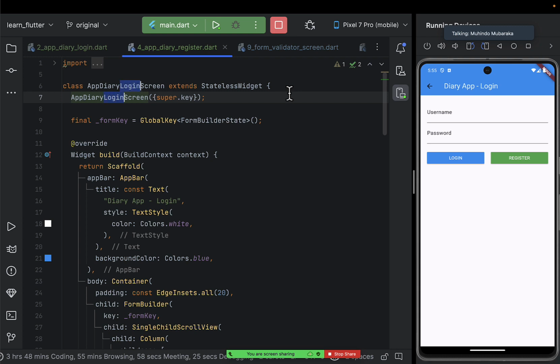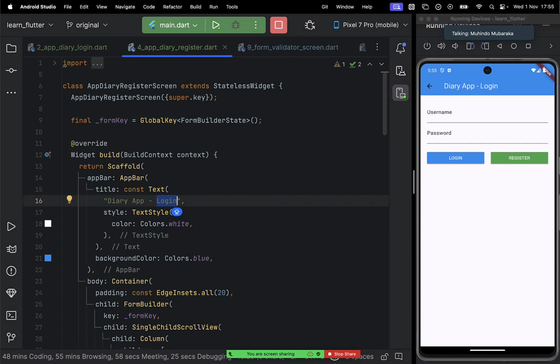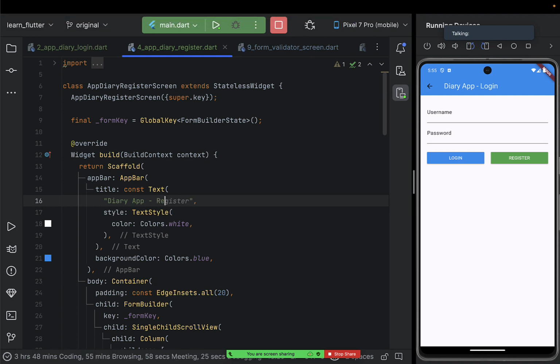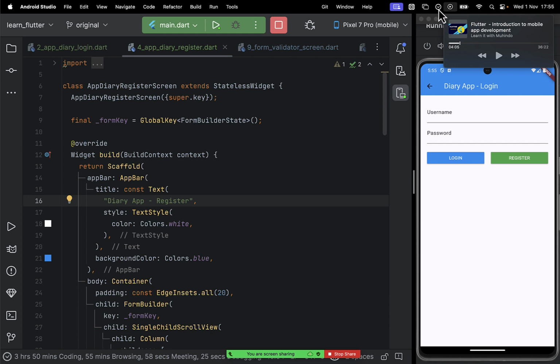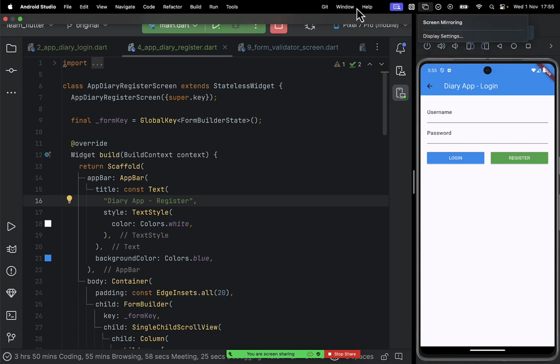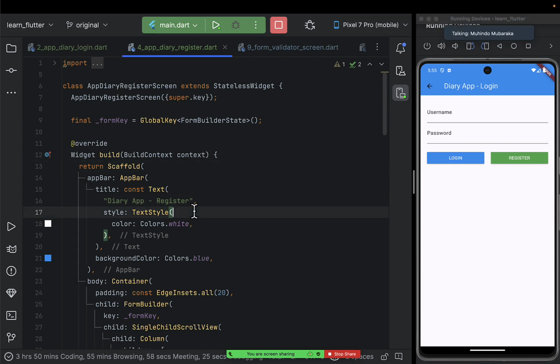So I'm going to change the name of this class to what? To register screen. Register screen. So like this. So I'm going to change this one here, up there, diary app login. I'm going to change it to diary app register or create account. All right. So after doing that,